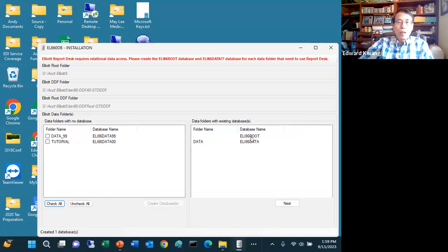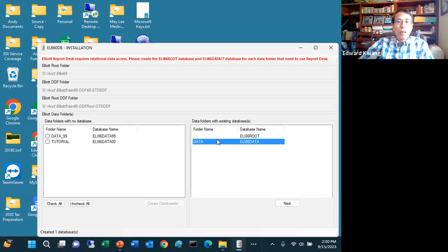Elia 6 root is the database for the data files we save in the root directory, which in the past typically was not an issue, but in Elia 8.6 we have a lot of data files in the root directory for Report Desk and Power Search. So we need to have a data name to access that. And this is accessing the relational data in the Elia data folder.